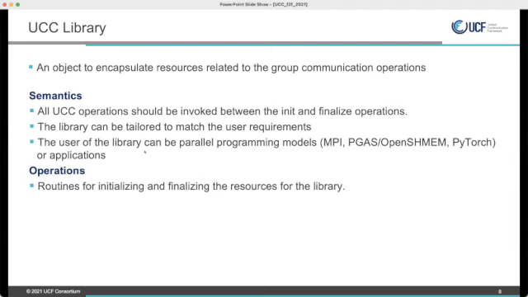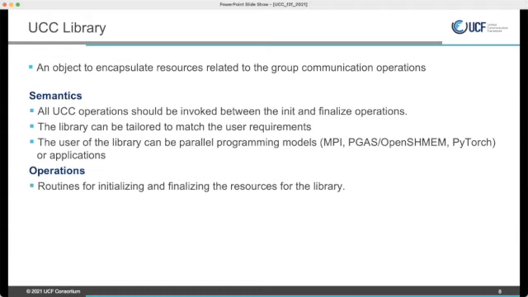The user of this library is either a programming model, or, we believe our API and abstractions are rich and simple enough, applications can use it directly. Some of the operations on this library would be initializing and finalizing the library itself.